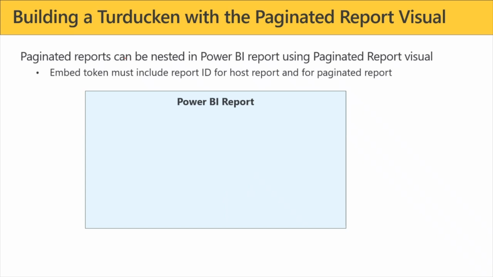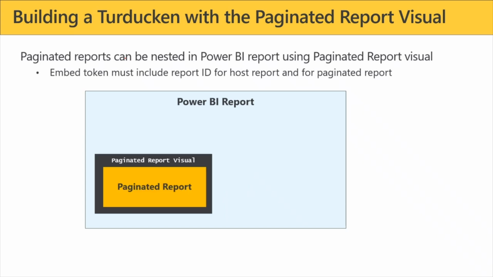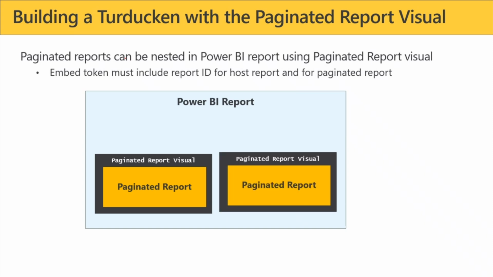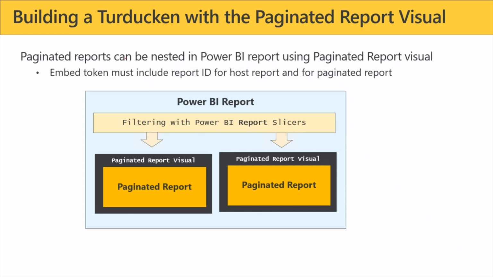And the idea is that you can use Paginated reports, and we have the Paginated Report visual. So on my Power BI report, I can put Paginated Report Visual 1. I can put Paginated Report Visual 2. And what's neat about that is that if your Paginated reports are parameterized, we can add slicers on the Power BI report that pass filtering information via parameters to the Paginated report. Okay, maybe it's not quite three birds nested inside one another, but just to throw another element down here, Power BI